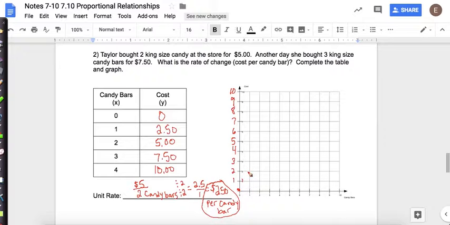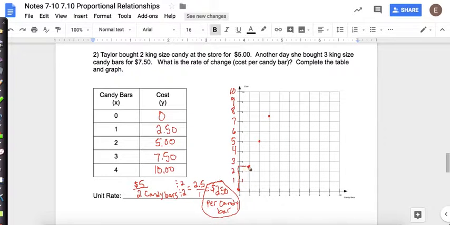Okay, 1 candy bar costs $2.50, so right between the 2 and the 3 would be $2.50. 2 candy bars cost $5. Okay, 3 candy bars cost $7.50. So what we could do if we didn't know that 4 candy bars was $10, we could go